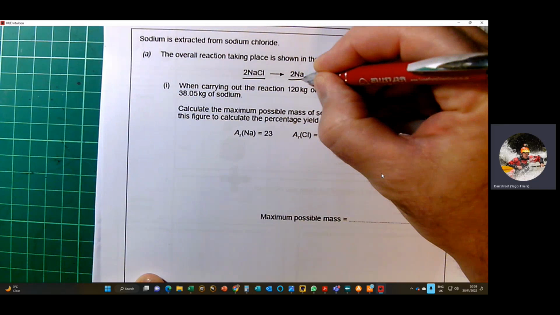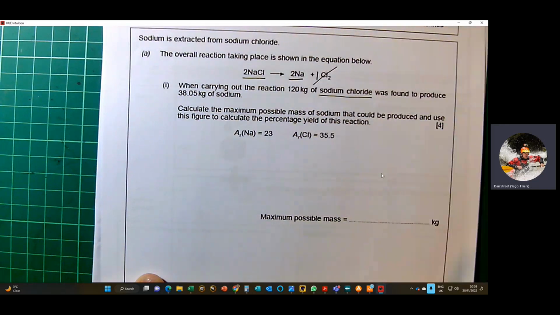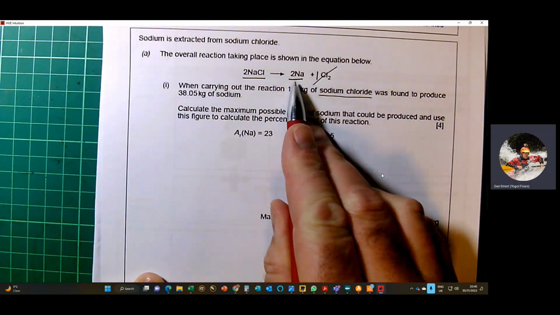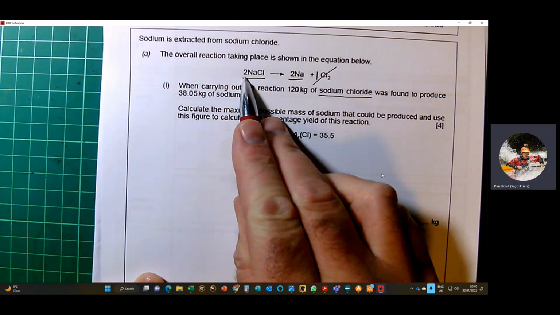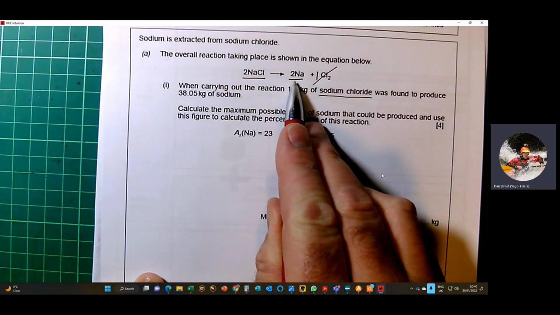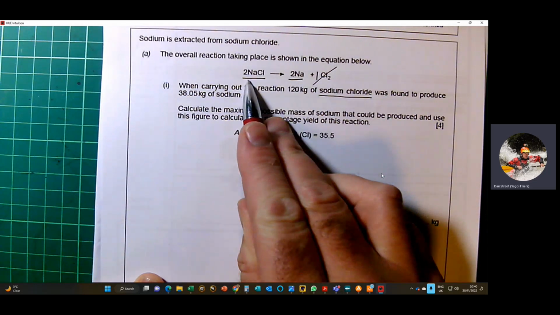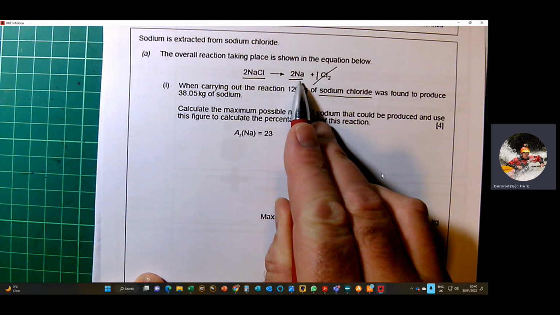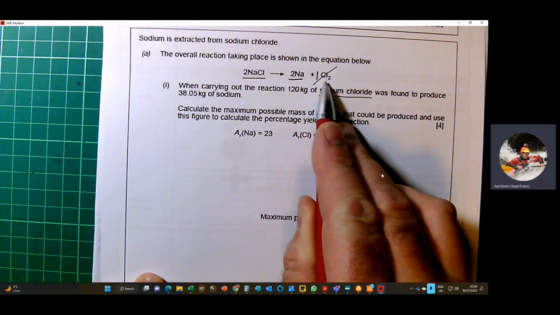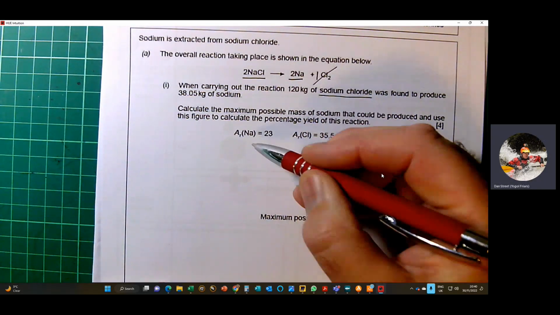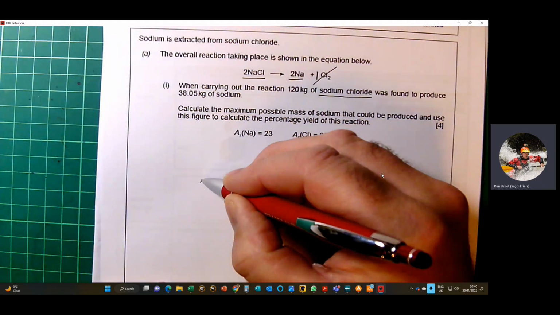So we're interested in those two, and we don't need to worry ourselves about the chlorine. From this equation we can see that 2 moles of sodium chloride make 2 moles of sodium, which as far as we're concerned is a 1-to-1 ratio for this particular question, because we're not worried about the chlorine. So if we set up our triangles,